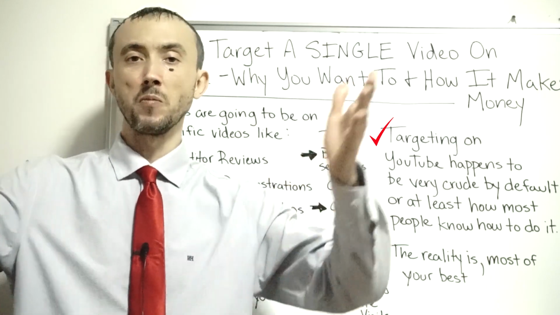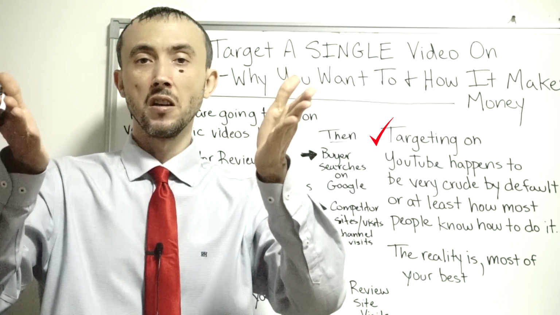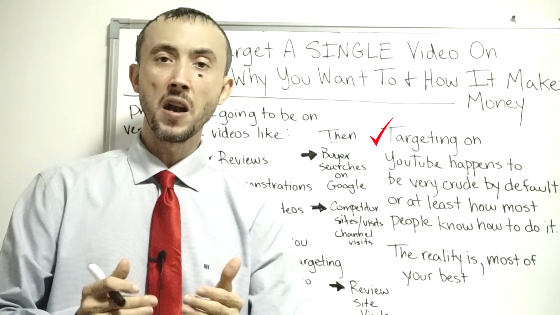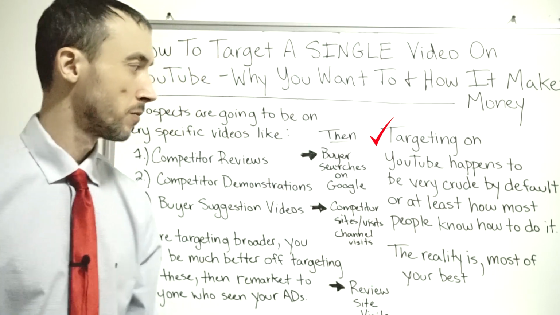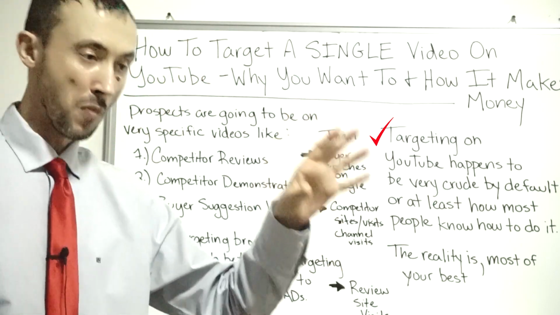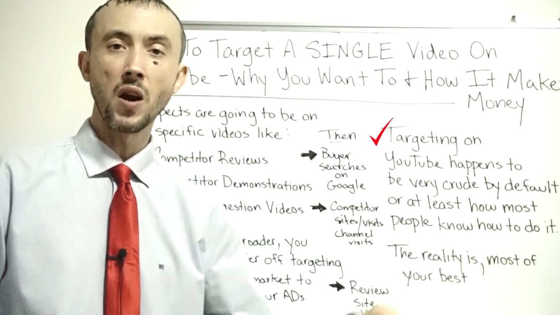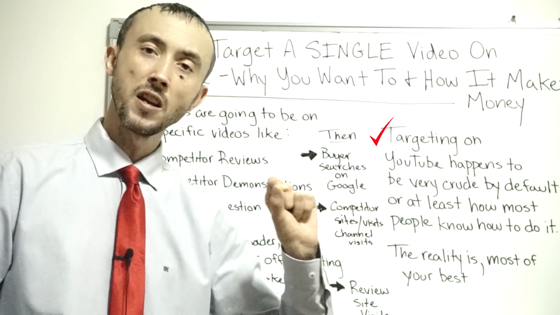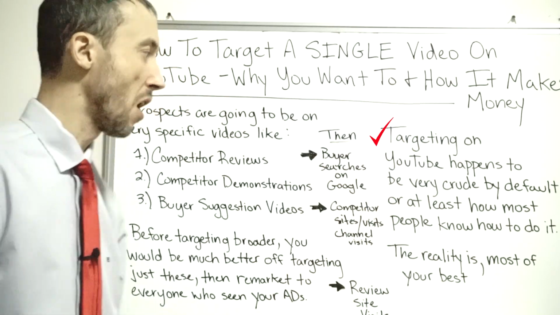You can start going after people with more broad targeting options to see if you can get those to work. But if you're starting out with a little bit of money, you want to make every dollar count, just target the people that are home run prospects. And that is marking and finding single videos that people that are a home run prospect for you and just targeting them by itself. Not just one video, but a list of individual videos,